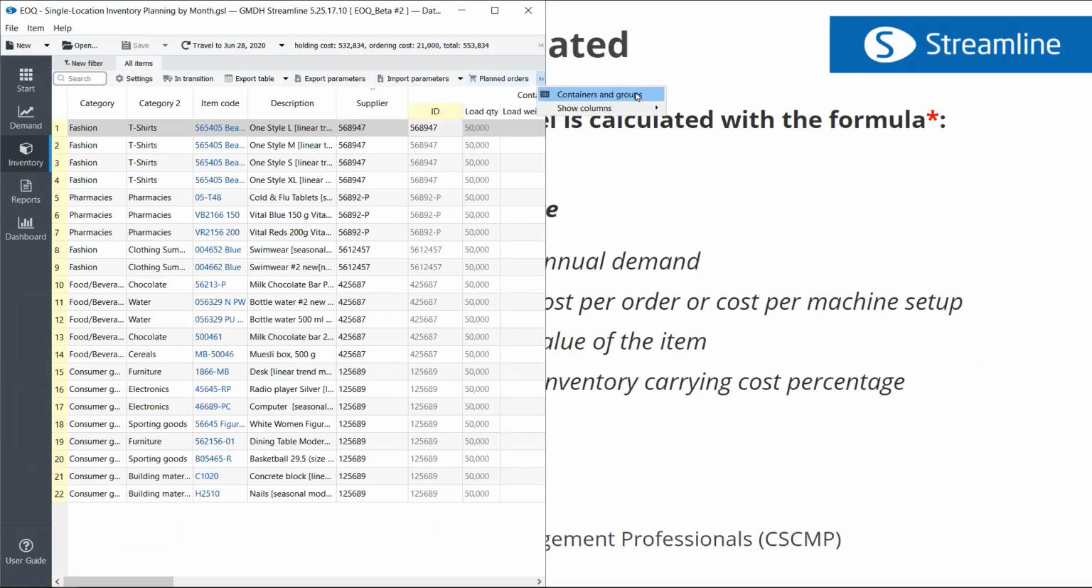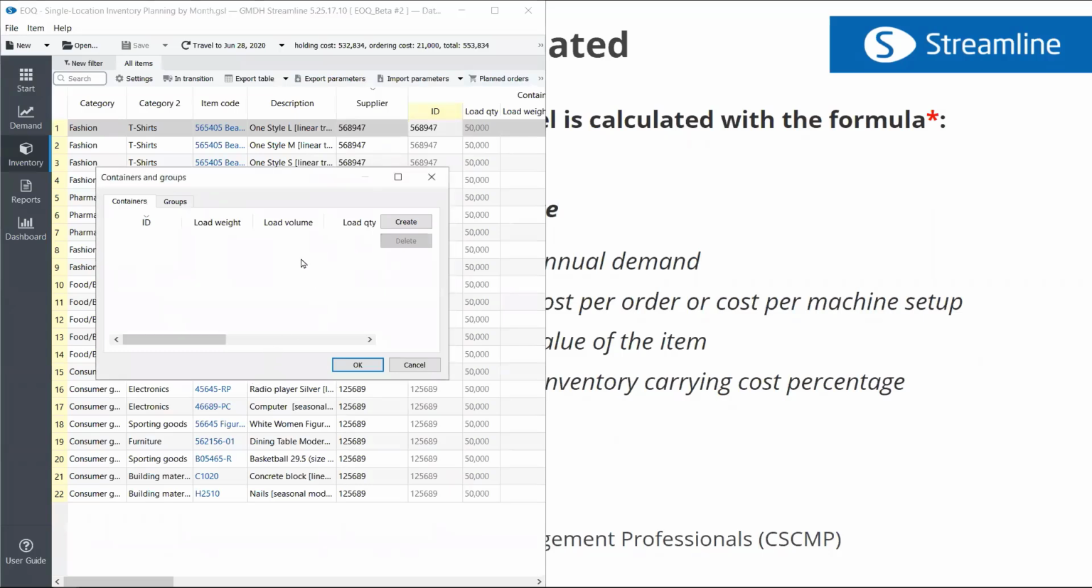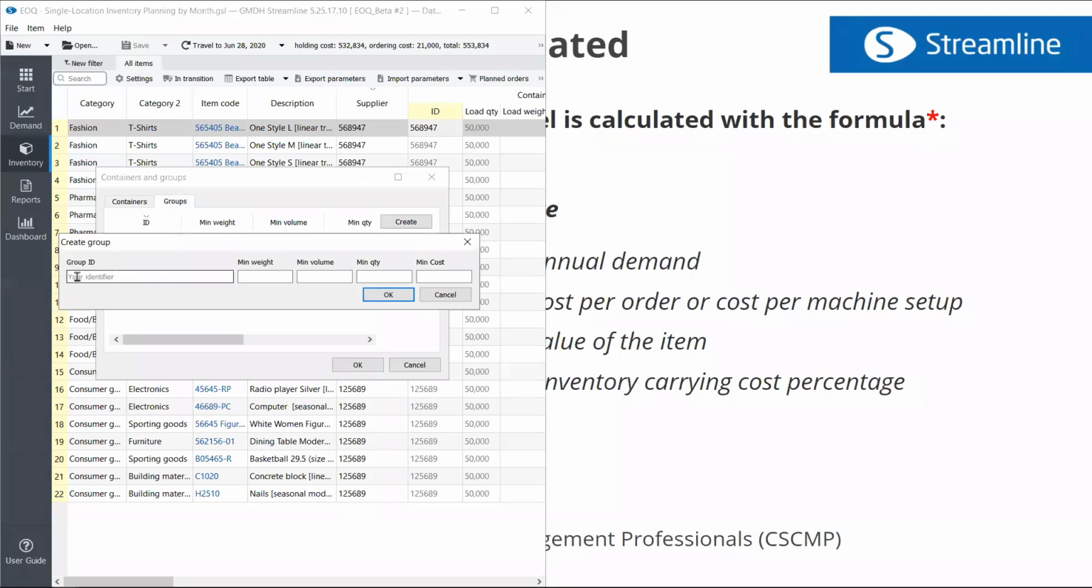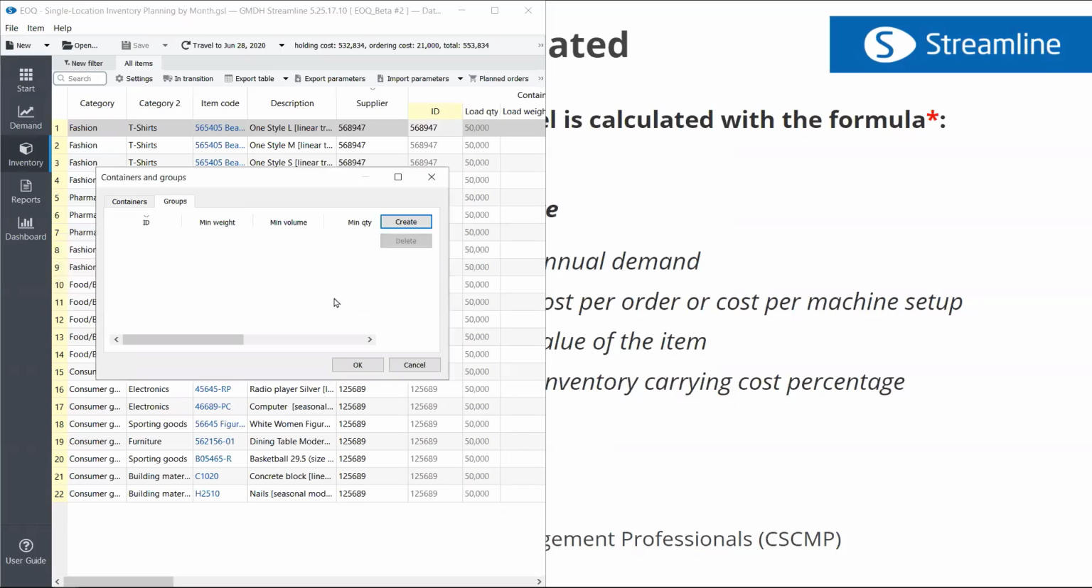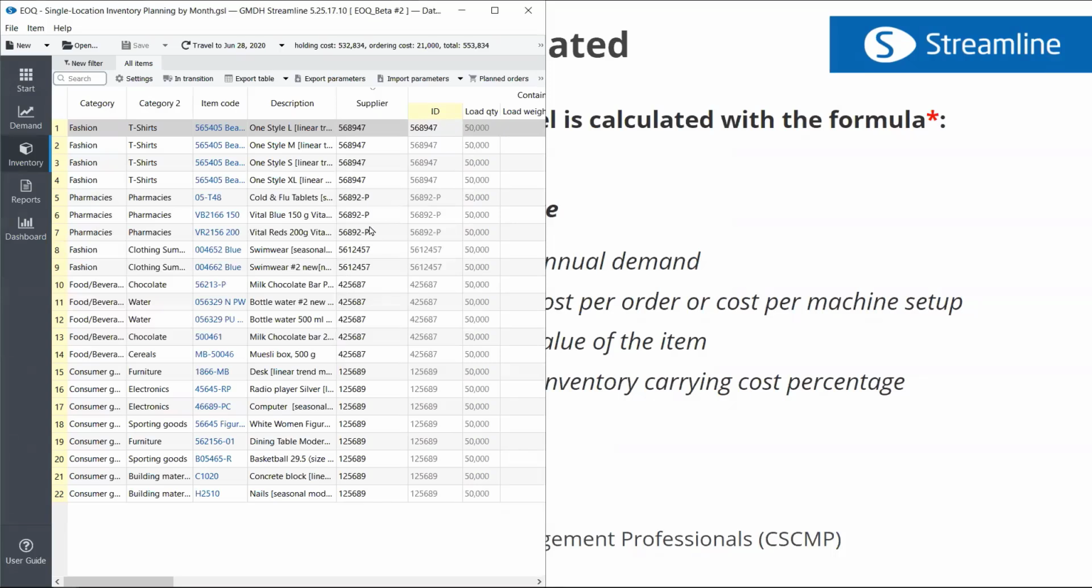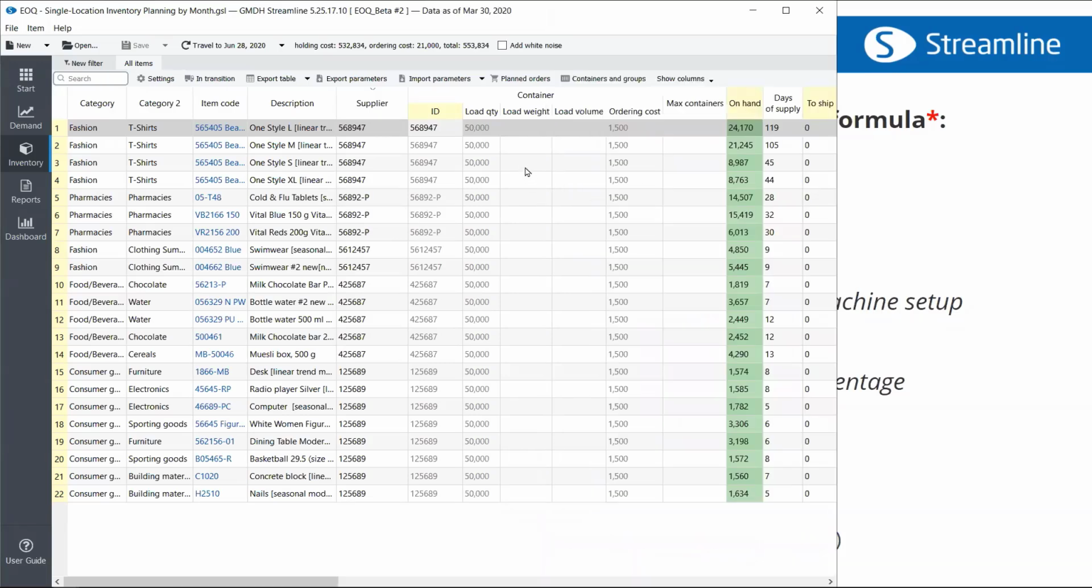So containers and virtual groups are created here. And for groups, you'll have group ID, minimum weight, volume, quantity, and minimum cost. And that can be used as your minimum lot. So yeah, minimum lots may replace to some extent the containers, but properties are a little bit different